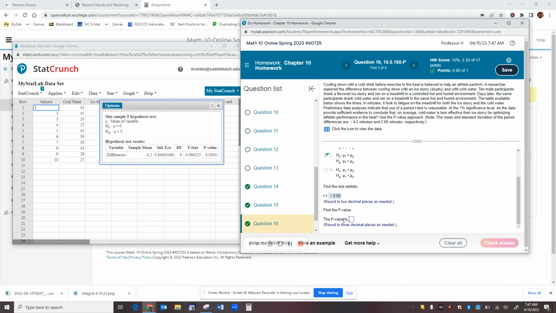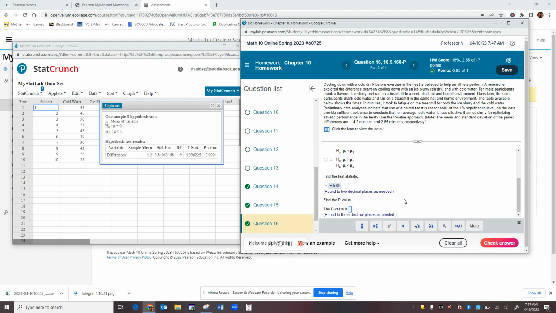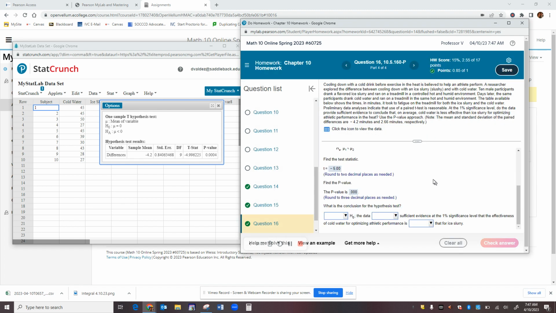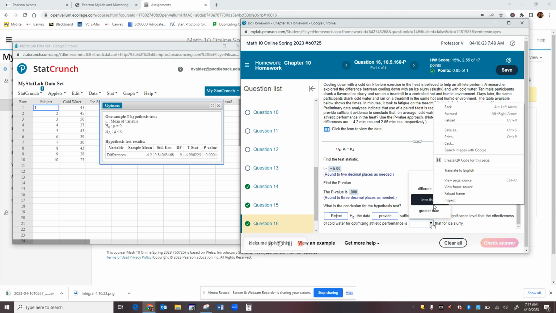P-value: now this one, the 4 is not going to round it up, so it's just 0.000. Excellent. I know. So let's see. Alpha is 1%. The p-value is basically 0. Small p-value, reject the null. So reject. The data provides sufficient evidence at the 1% significance level that the effectiveness of cold water for optimizing athletic performance is less than